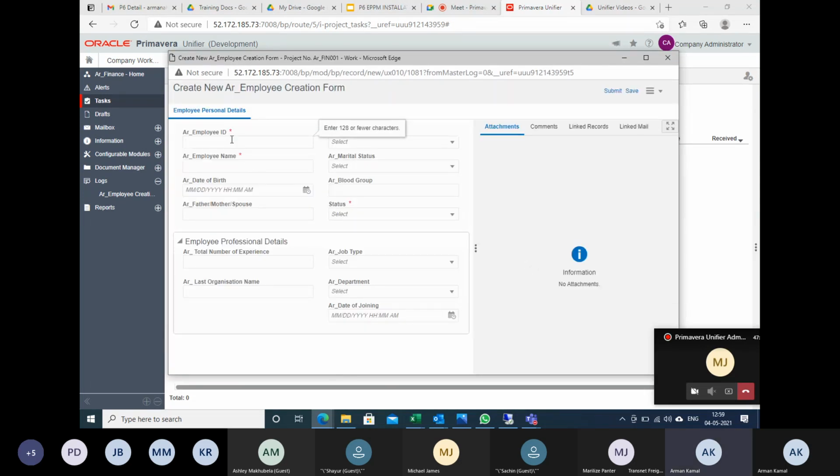Let me check. EMP003, gender male, marital status single. I will make the name John. Okay, blood group B positive. I will make the name Shafi.